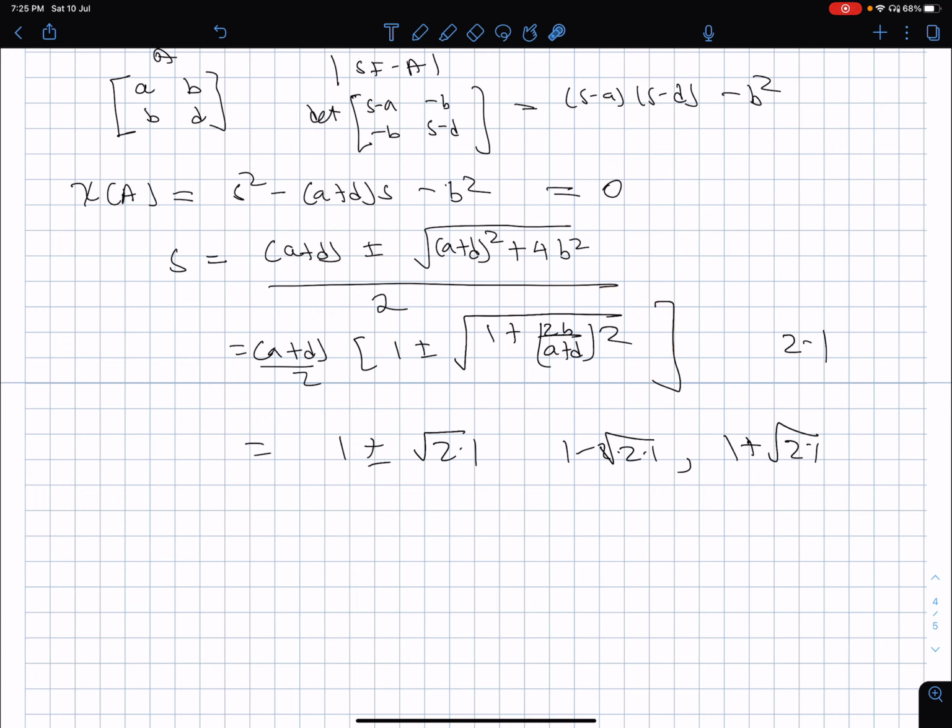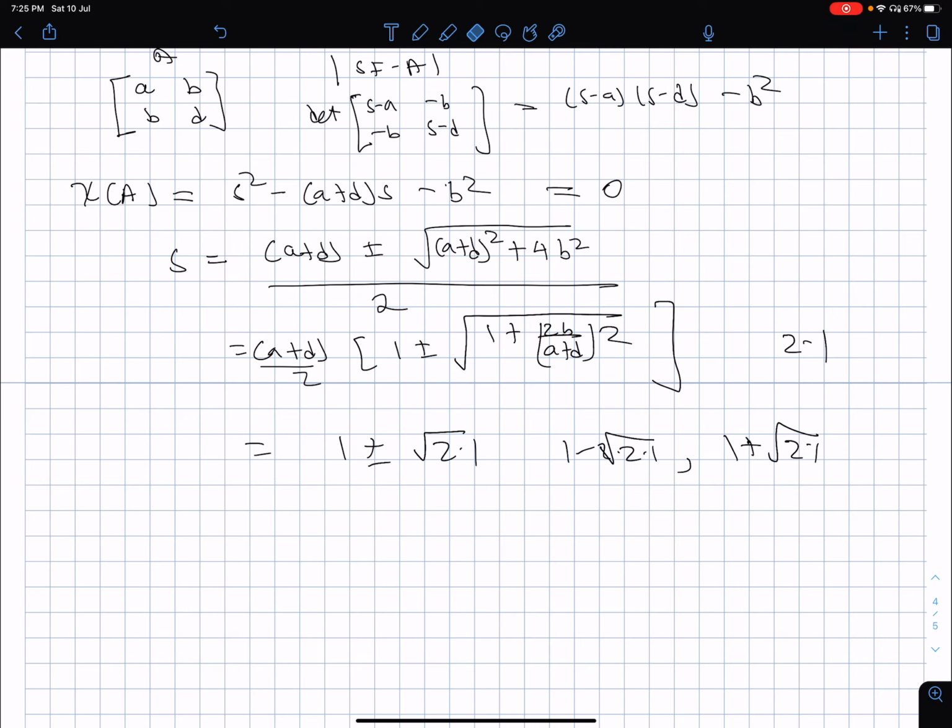1 plus 0.1 is 1.1, and 1 minus 0.1 is 0.9. So in that case, you would have got two positive eigenvalues if A plus D was positive, and so on. The point I am trying to say is, if we check that for a 2 cross 2 matrix, the eigenvalues are going to be real, could be both positive, could be both negative, could be one positive, could be one negative. Everything is possible, all the four possibilities exist in this particular case.